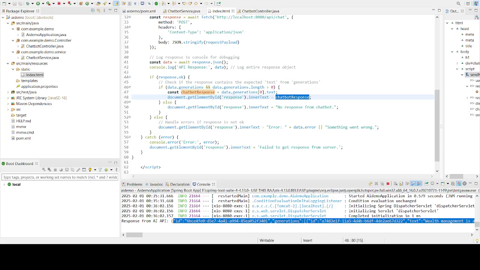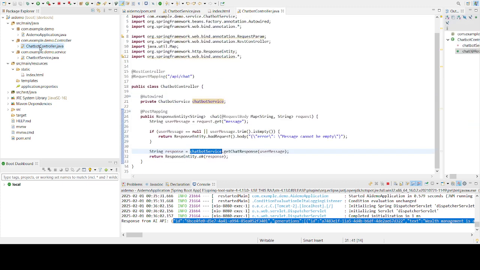All right, let's summarize. Okay, so you would have got an idea how things work from the UI to the backend, but I would summarize what we have actually implemented. So one, we have the controller. In the controller, we have a very simple API, which is a post API. We are going to call this API from our UI, be it HTML or a mobile app or whatever, but in our case we have demoed using